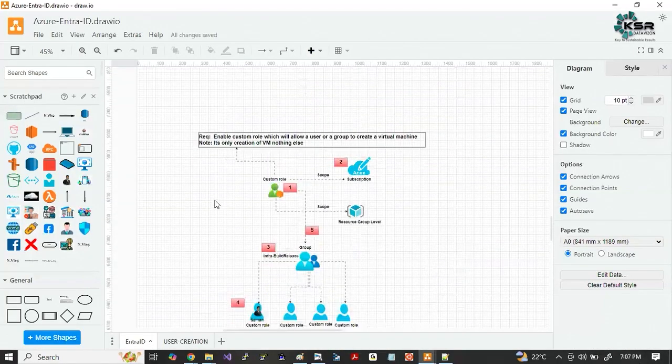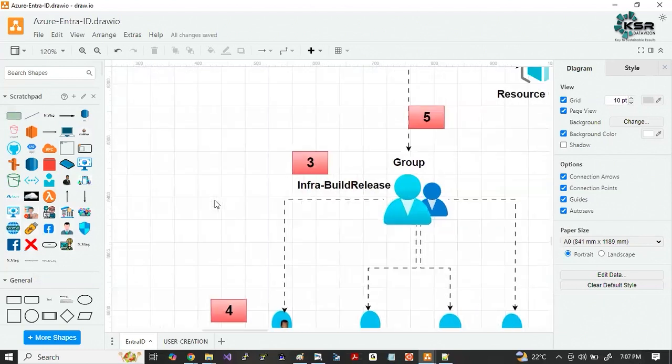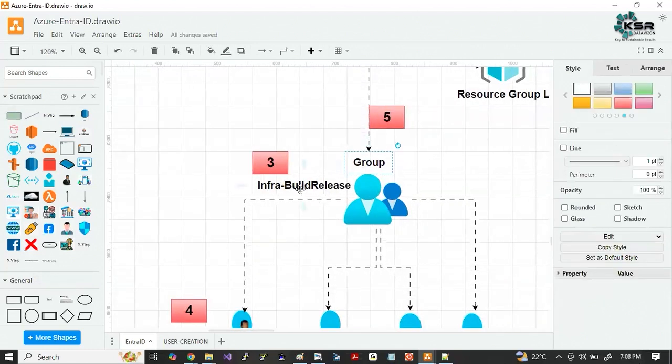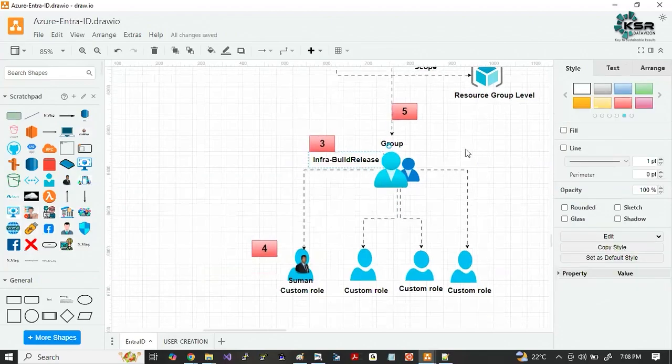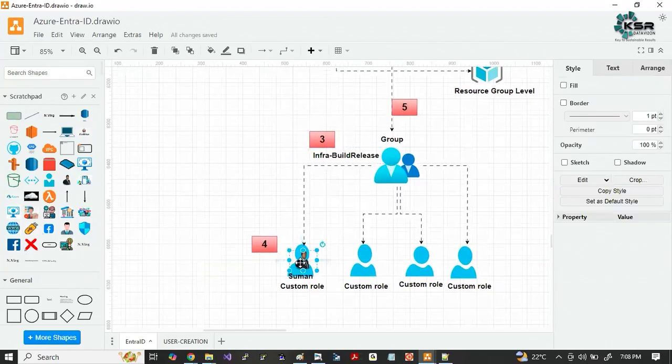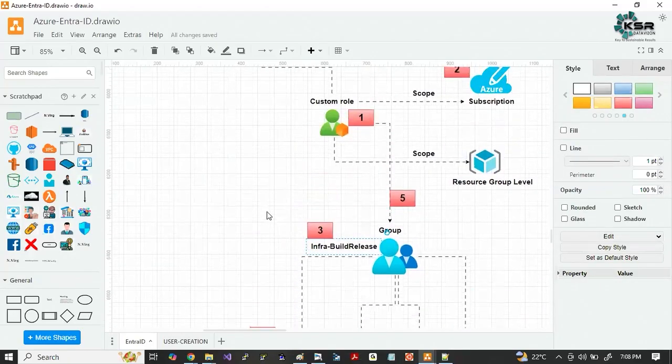So this is the architecture diagram that we are going to build right now. We are going to create a group, and I'm calling the group name infrastructure build and release. What is the group name? Group name is infrastructure build and release. Now, under this group, I'm going to create a user called Suman. Suman is my user whom I'm going to add to the group called infrastructure build and release, where I will